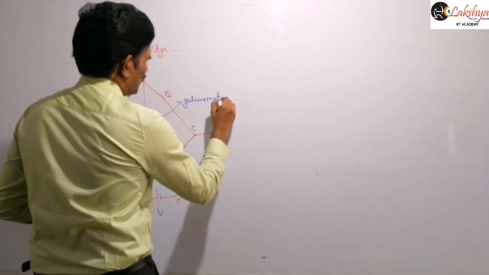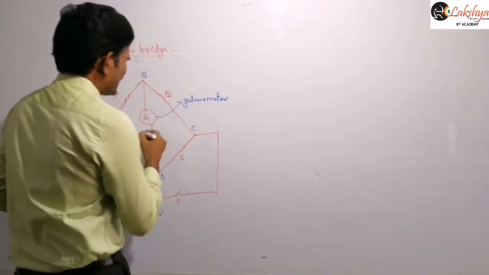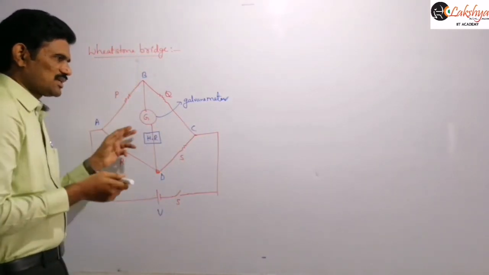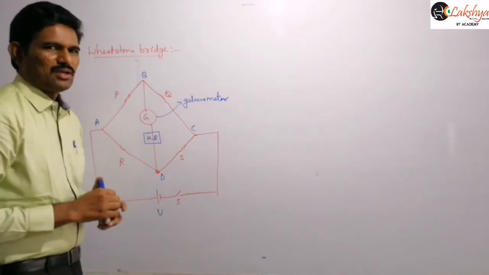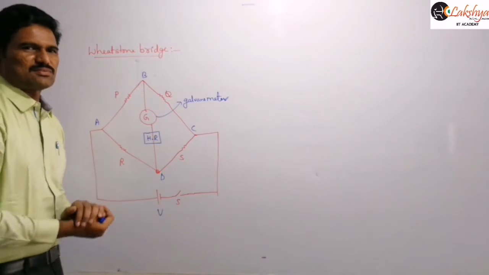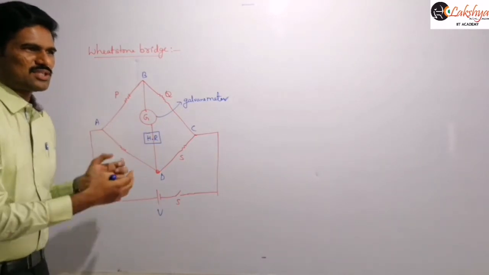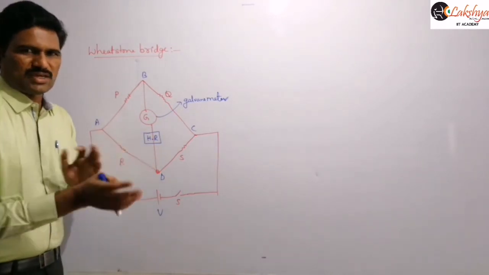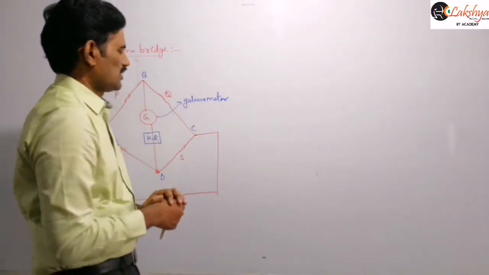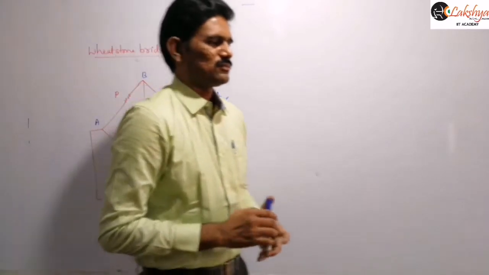So it is a galvanometer, and the capital G indicates the internal resistance of this galvanometer, and HR is a high resistance. When you are reaching the balancing condition, we remove the high resistance box there. I will explain what the balancing condition is now, right? Just to mention that